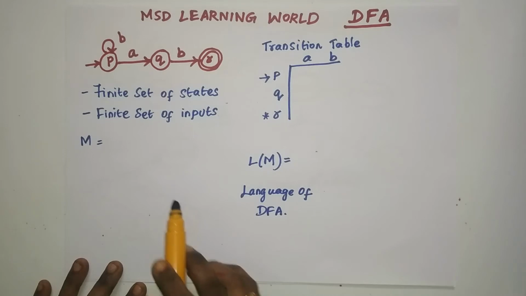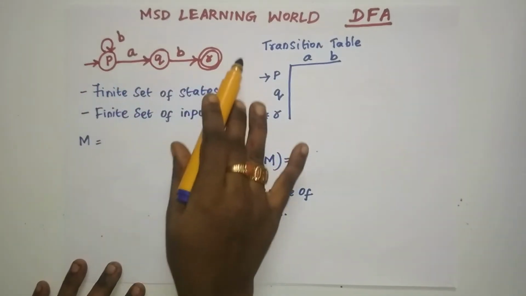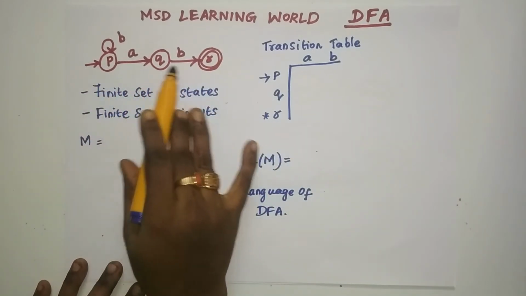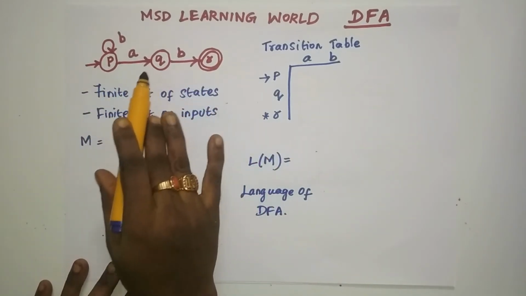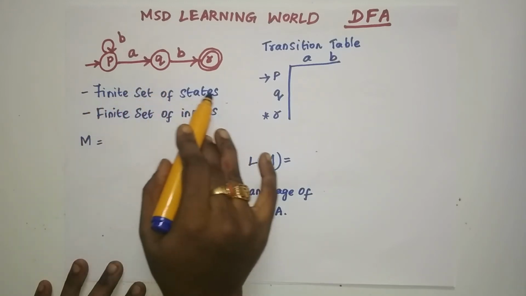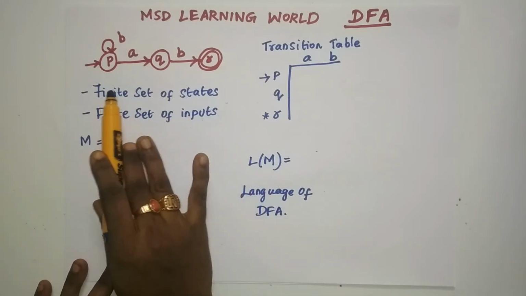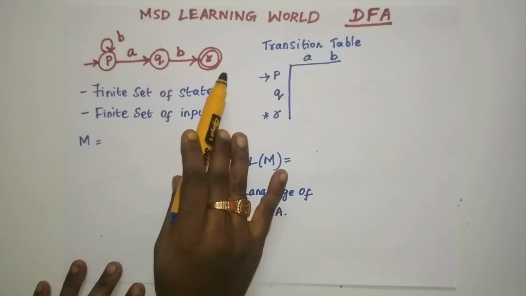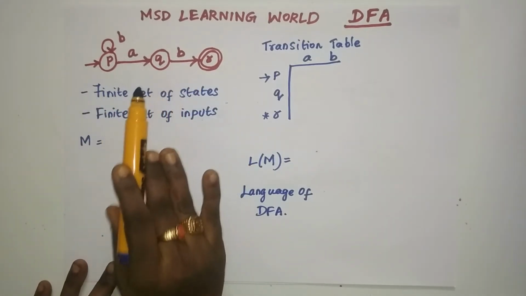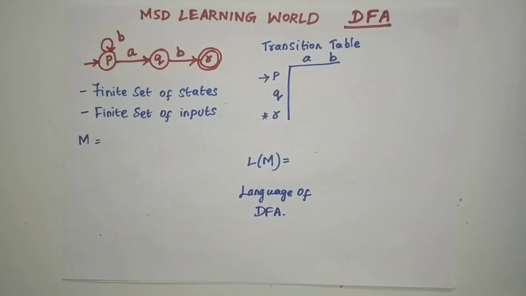When you take the transition diagram, the machine is represented symbolically in the form of a transition diagram. So here, each state is deterministic in its movement when it is getting any input symbol. It consists of a finite set of states and a finite set of input symbols, with a single initial state and a set of final states, and it can have any number of input alphabets. And this transition diagram can also be represented in the form of a transition table.